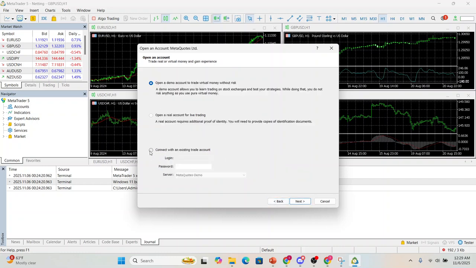And then you just come here, you click on connect with an existing trade account, enter the login, the password, the server, make sure you choose MetaQuotes Demo, and hit finish. Okay? Really that